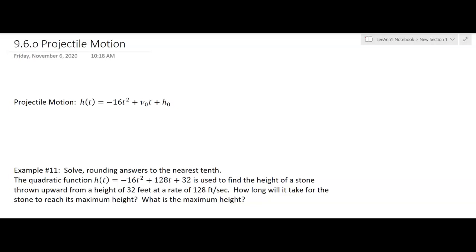So this problem has to do with projectile motion, which I believe we did a problem with before. They give us this equation for projectile motion, and I want to talk about what it means. The V naught represents the initial velocity. So these problems have to do with you standing somewhere on a mountain or on a boat or something,